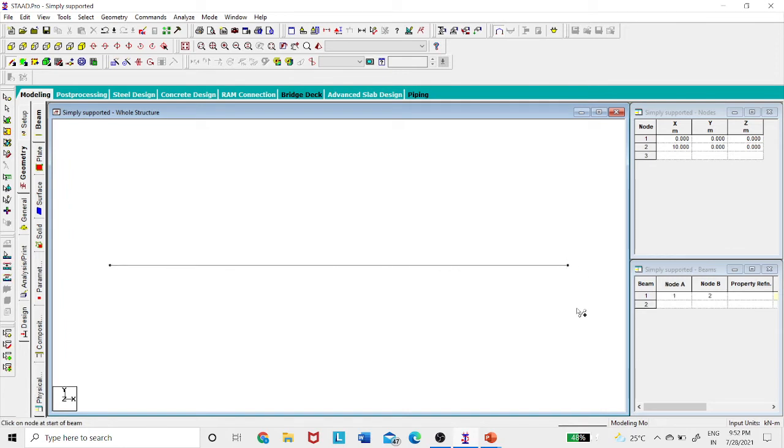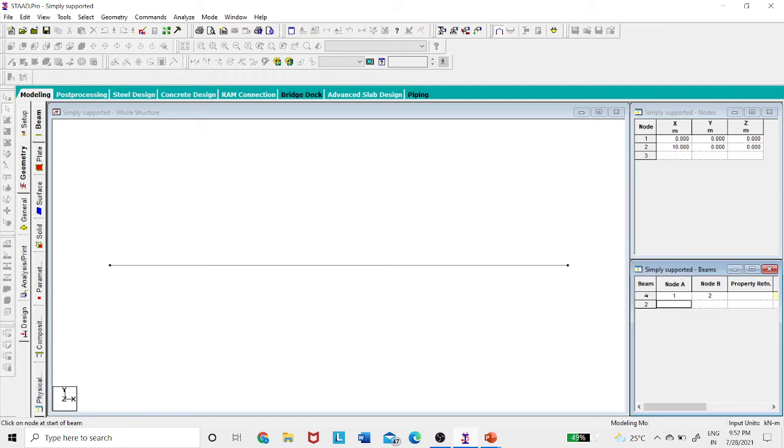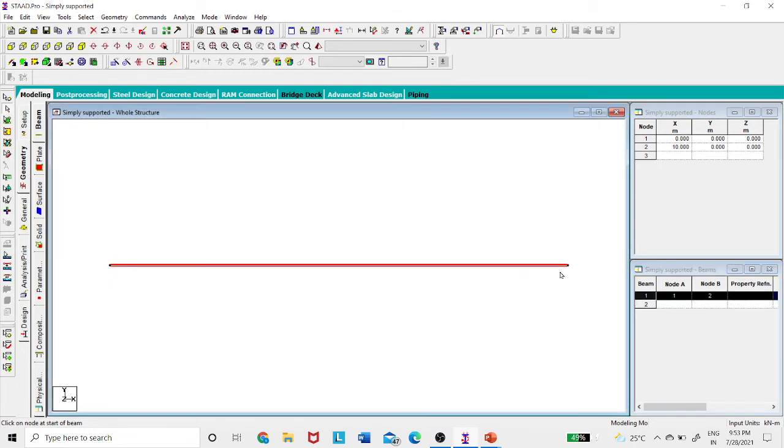Right, and the icon you are seeing on the display, an arrow and a beam between the two nodes with a plus mark, means you are adding the beam. Now if you want to go back to the select beam option, simply press escape. This is the beam cursor, I can select the beam. If you look at the right side, two windows are there. The top window gives the different nodes and their coordinates, and the bottom window gives the different beams and between which nodes each beam is there. So there is only one beam, between the first node and the second node.